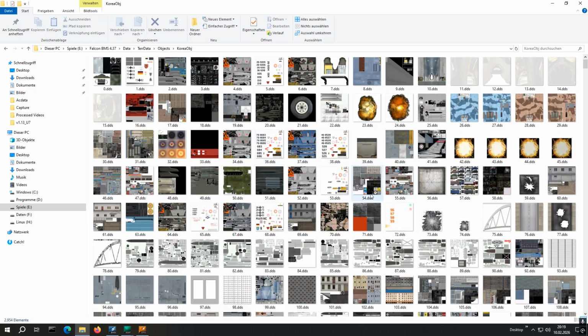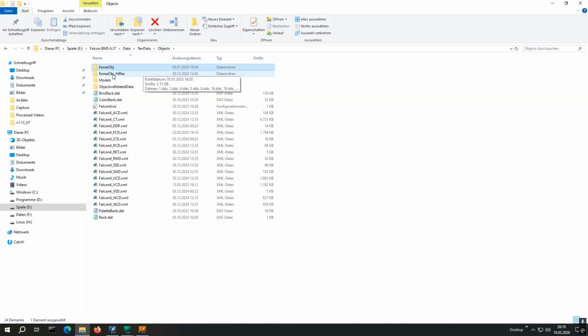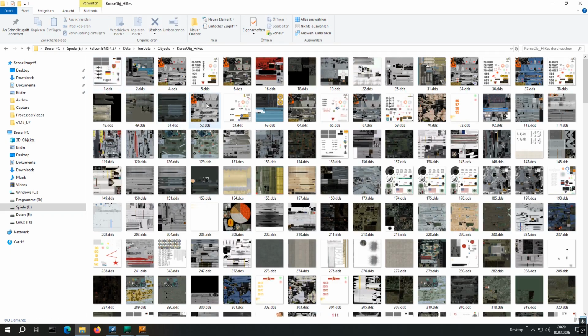The assignment of the textures itself is done within the model, but as said, it's only applicable for BML version 1 formats. And you also have the Korea OBJ high-res subfolder. So if you have higher resolution versions of particular textures for an object, you can place them here. It's only important that they have exactly the same name, so same numbers, so to speak, as in the Korea